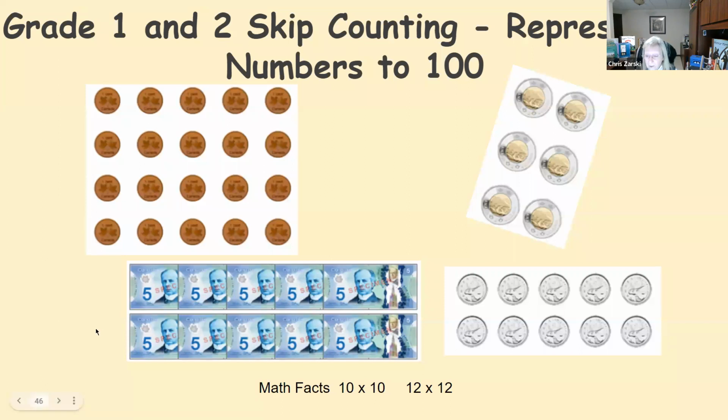So whenever I'm bringing out money, I'm using it to leverage it for a unit fraction. I'm also leveraging it for your number outcomes, for addition, for skip counting. All of those pieces fit together every time you bring out a question. So in this case, I see five in a row. I subitize quickly. I see a 5 frame or 5 in a row, 5, 10, 15, 20. I could do it by twos, 2, 4, 6, 8, 10, and keep going. I could do the same thing here. So it's talking about the number that I see, the value that I see. I can do that as well.